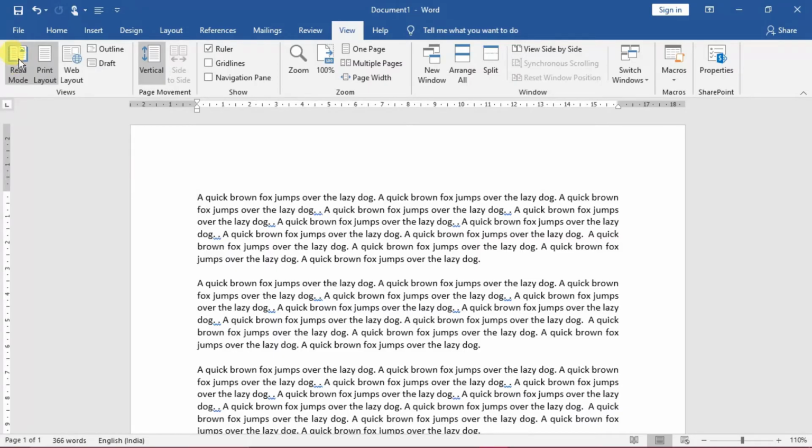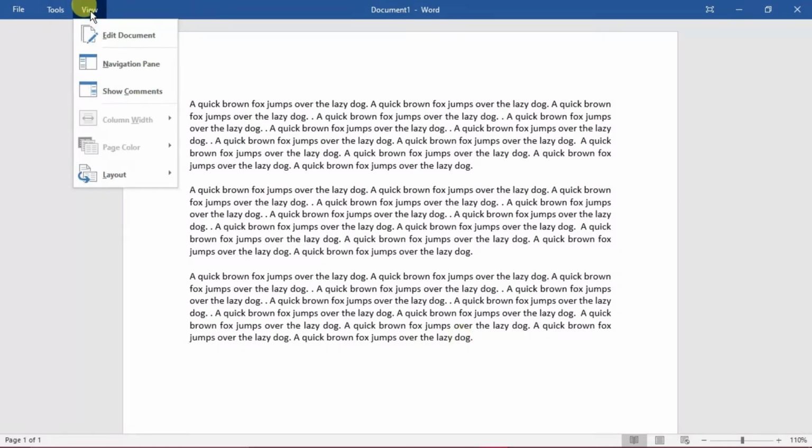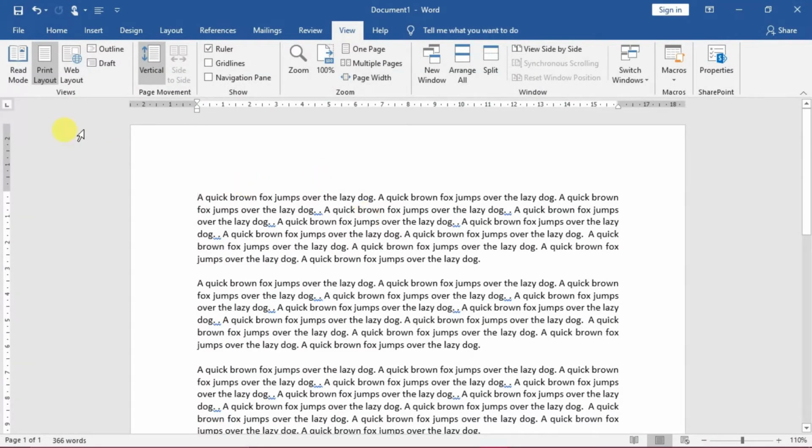Going one by one, first the full screen read mode. The screen will be blurred for a while, and then the read mode has been transferred. You can try typing here, you see I'm just trying to type, but this is not to be used for modification. You can see in the status bar at the bottom that modification is not allowed because the document is open for viewing only. So in read mode you will not be able to modify anything; you will be able to see only. Now I'm transferring this view to edit document, where we can do anything. So this is our print layout view.